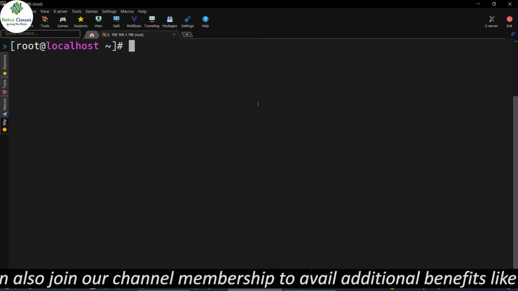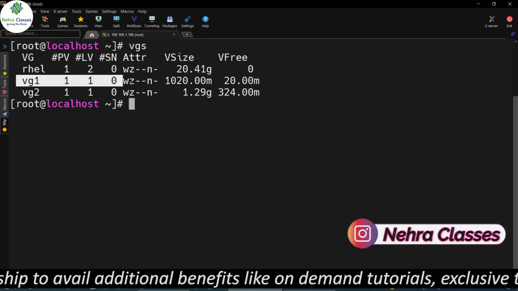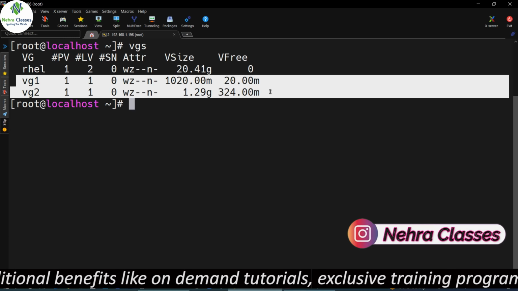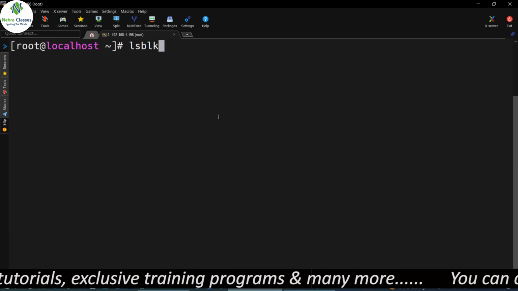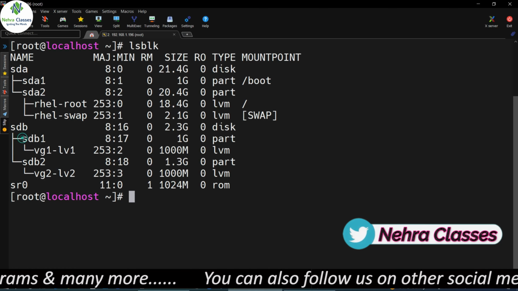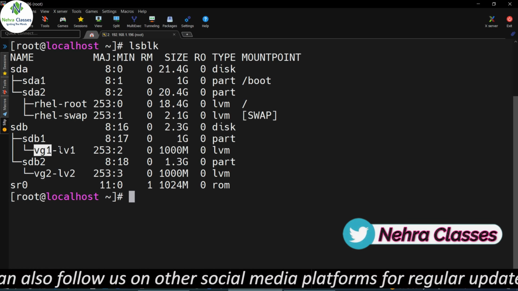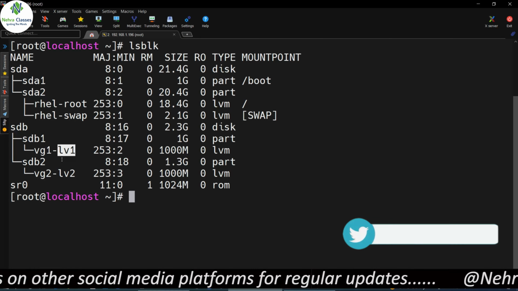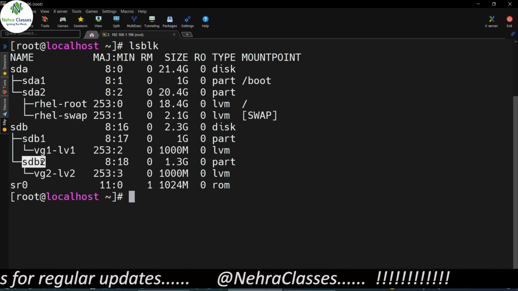Now if you execute the vgs command, you can see both volume groups, vg1 as well as vg2, and if you execute lsblk also, you will see both. You can see that sdb1 is in VG1, where we are using logical volume 1, and VG2 is using the physical volume sdb2.